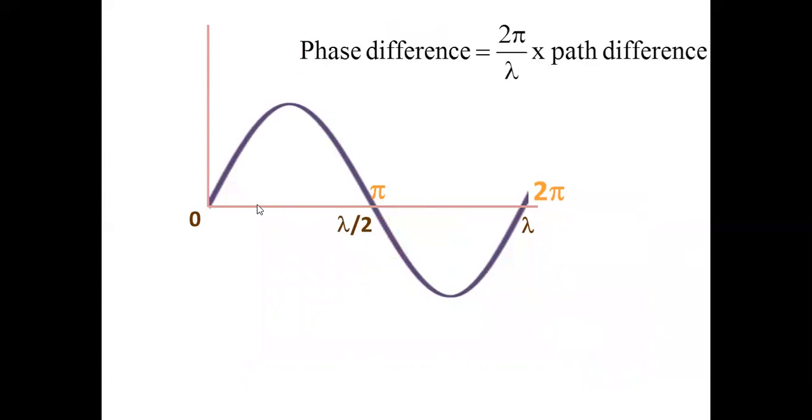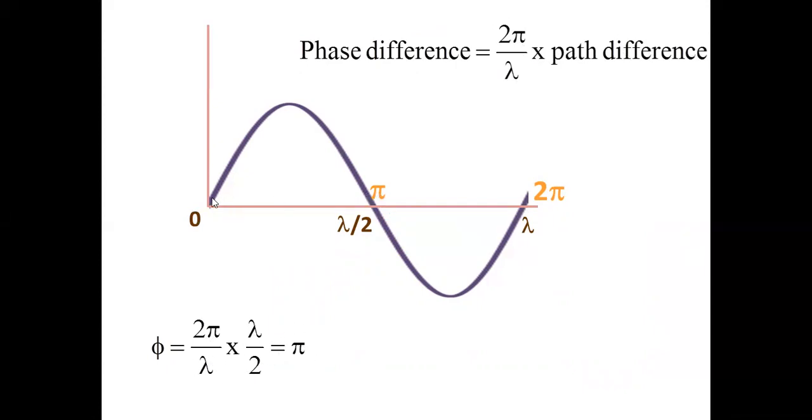Yes. For example, I want to find out what is the phase difference between two particles which are separated by a distance of lambda. If this particle and this particle are separated by a distance of lambda, what is the phase difference between them? We put it: phase difference phi is equal to 2 pi by lambda into path difference. What is the distance between them? Path difference. Okay, here it is discussed for lambda by 2. Phase difference between two particles separated by a distance of lambda by 2 from here to here. So put path difference equal to lambda by 2. This one, 2 pi by lambda into lambda by 2. 2 cut, lambda cut. Is the answer pi?